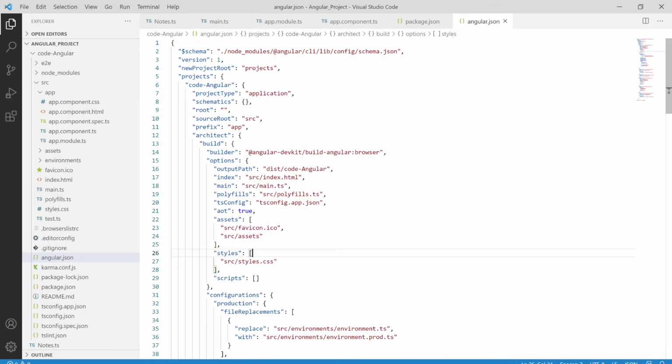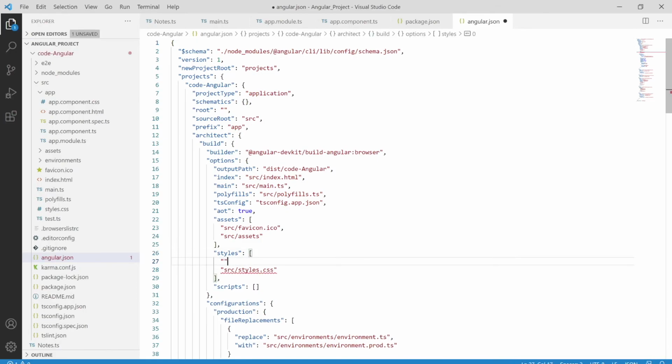So we have styles over here, and let me add one more style, which is under the node_modules folder, followed by bootstrap, followed by dist, followed by css, followed by bootstrap.main.css, and let me save this.